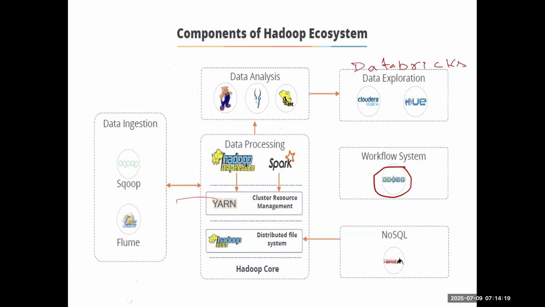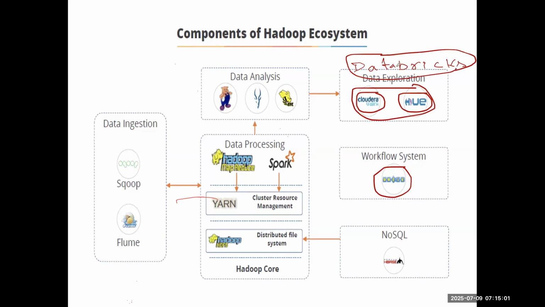One more thing is that these are companies. Hadoop and Spark are open source, but these are the companies which provide Hadoop and Spark as a service, and they will support you. With Databricks also, if you are stuck somewhere or facing an issue, they support you, and on top of that they give you security and all. Cloudera and Hortonworks merged and are now one company. Databricks is another company providing big data things like Spark. Mostly Databricks is supporting Spark.